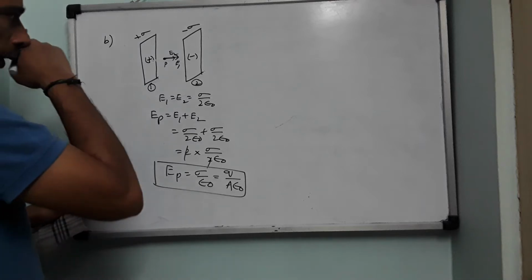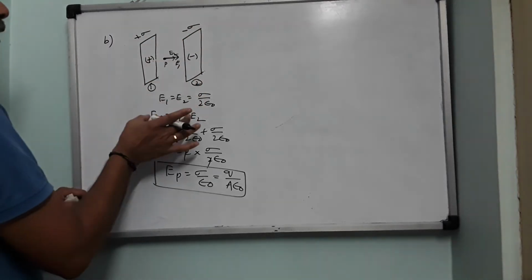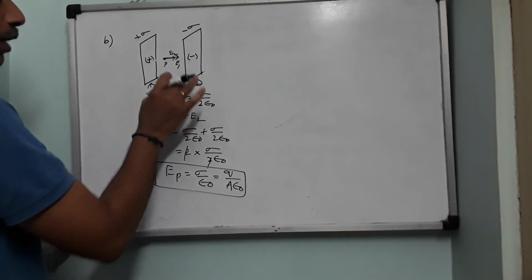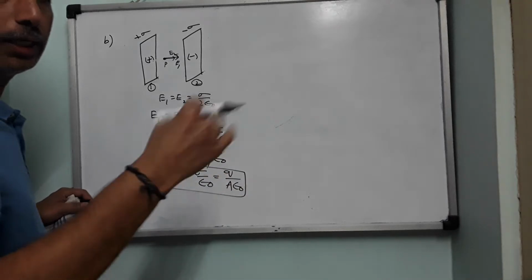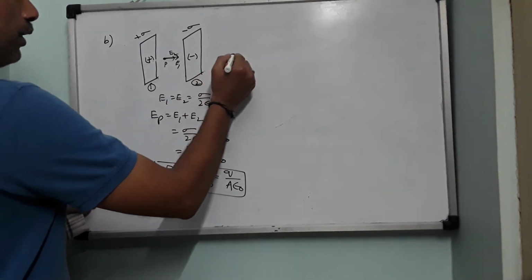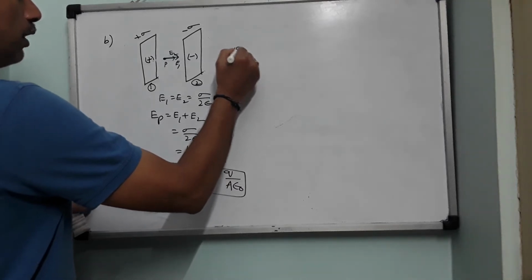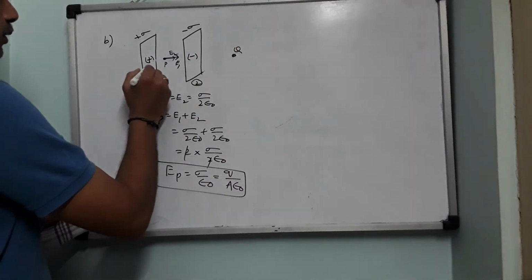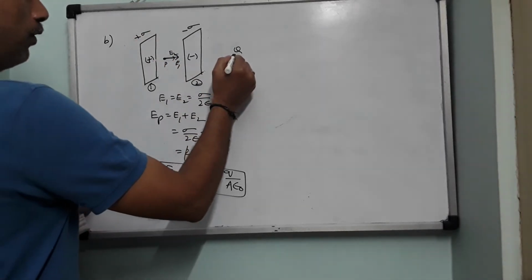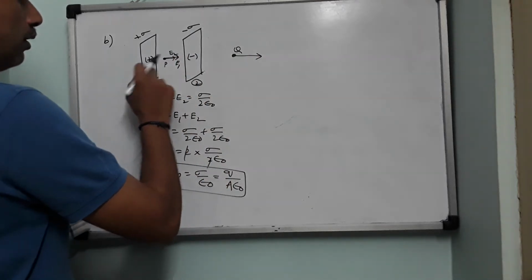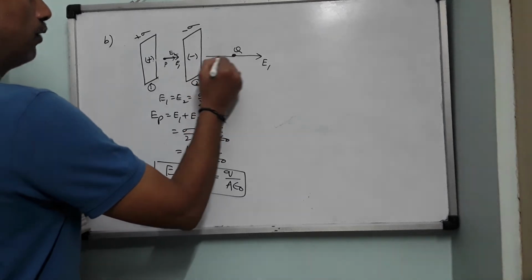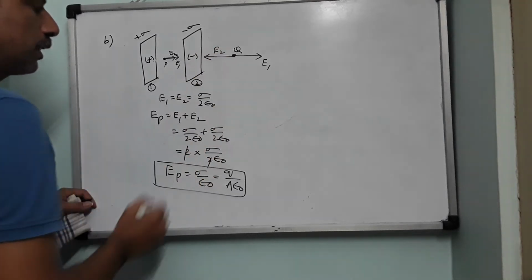Right. So this particular idea of having equal and opposite charges, we are going to use it as a capacitor in the coming chapter. Now if I consider another point here outside the system, which I name as Q. The plate having a positive charge will produce electric field radially outwards from here. So this is E1, and the negative plate produces radially inwards. This is E2. Again the same doubt.